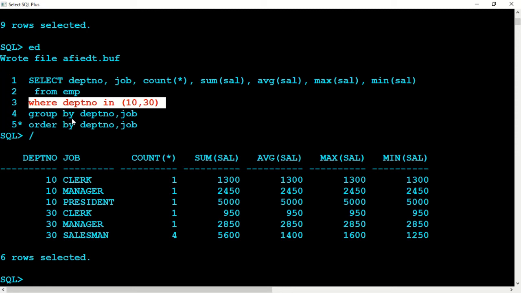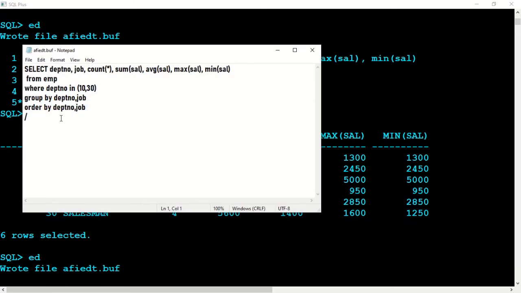Now let's say that I want it all back again. So we'll say department 20 also, I want it. So 10, 20 and 30, I want all the records of departments 10, 20 and 30.